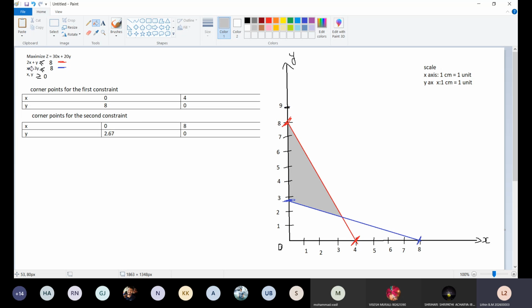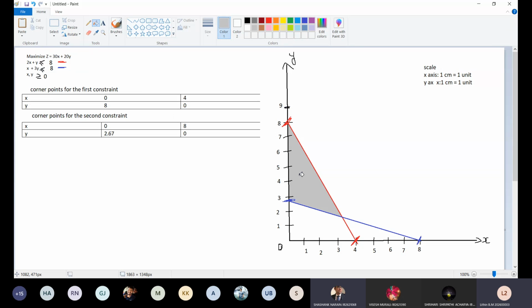Then in the same way, we have to look at the second constraint. So x plus 3y is less than or equals to 8. Less again, so less means left, right? Now tell me, has the shade come to the left of the blue line? It has come to the right. So where should it have come, if we were to satisfy the second constraint, to the left or to the right?